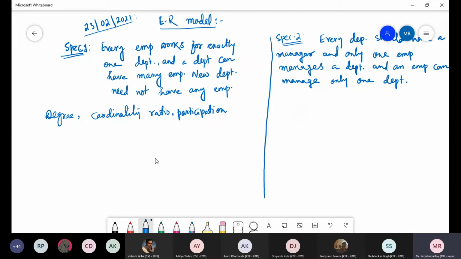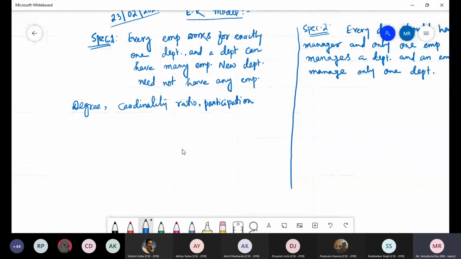So let us focus on this specification. Specification actually means the SRS, the requirement specification. If you are going to build a model, then the model is built on some specification.